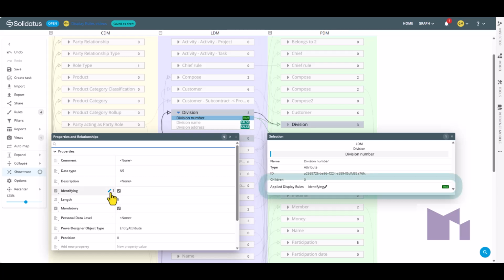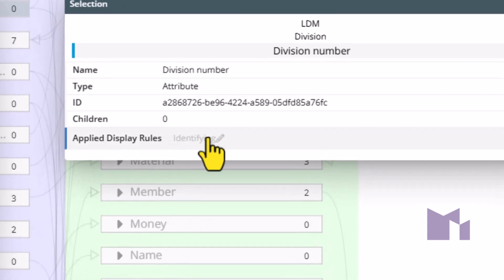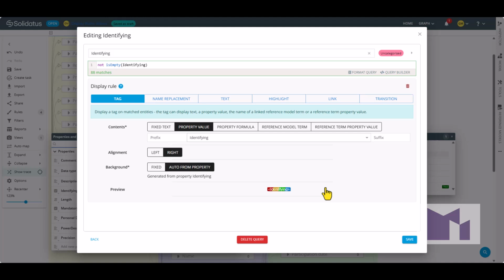I can turn this rule on and off by toggling it in the list of properties. See, I click on the little paintbrush and the rule gets turned on, gets turned off. Now, I'm looking at this and thinking, I only want to know if it's true. I'm not really worried about those where their value is false. So I want to edit the display rule, and I can go to the list of display rules and find it, but I can also just click on where it names a display rule in the inspector tab.